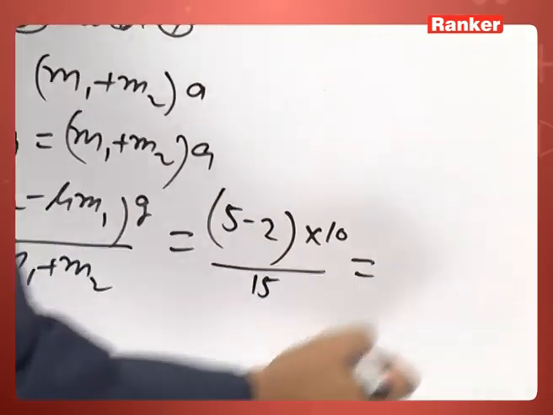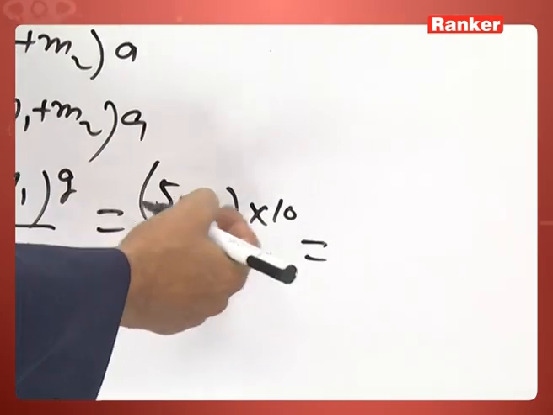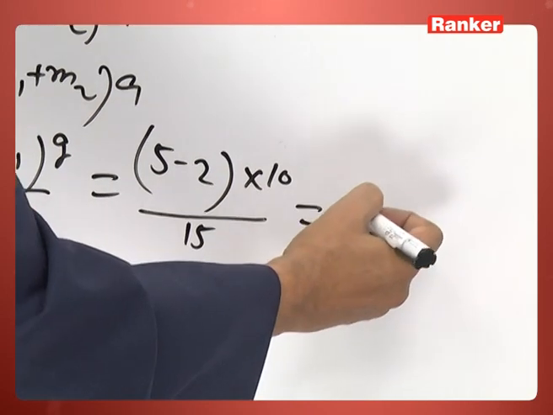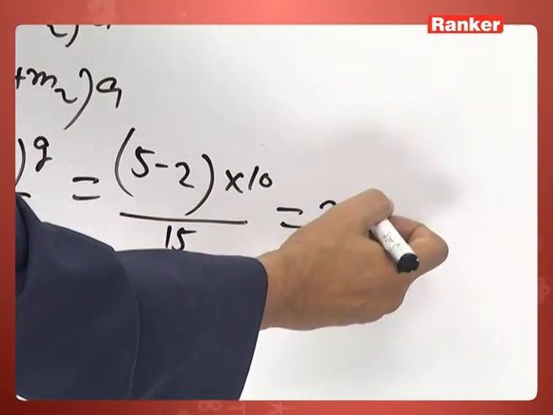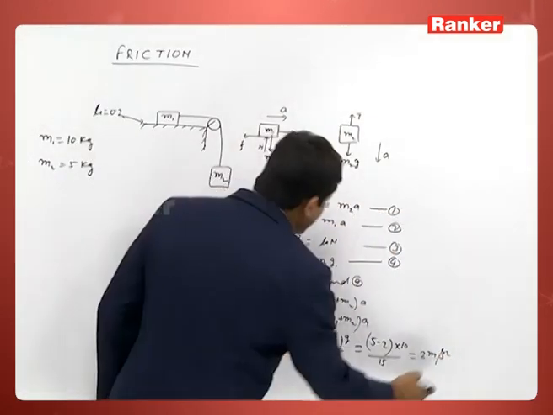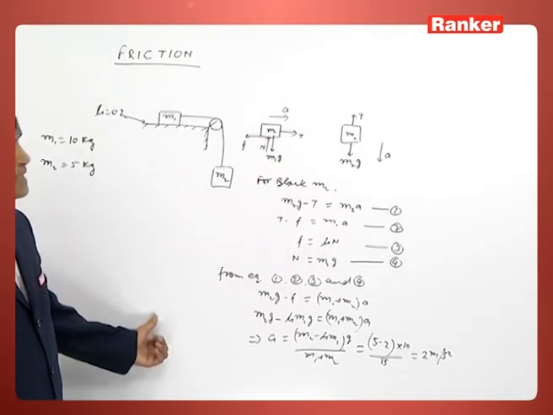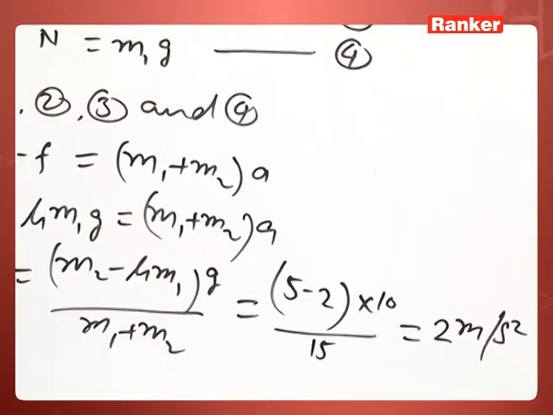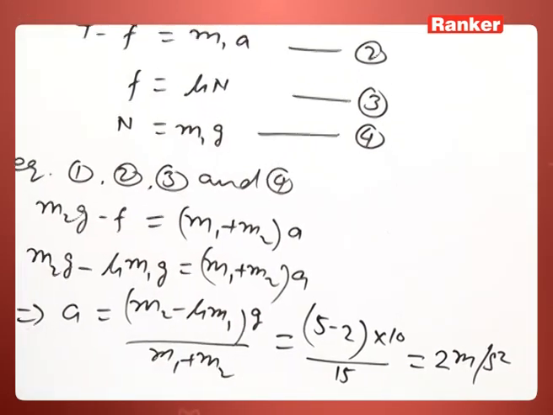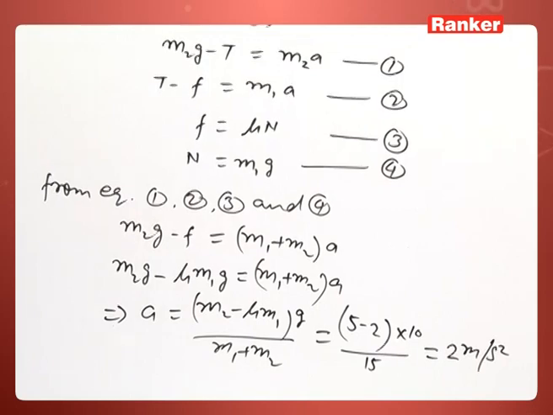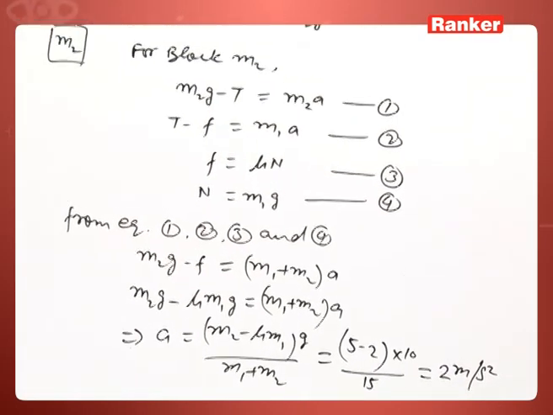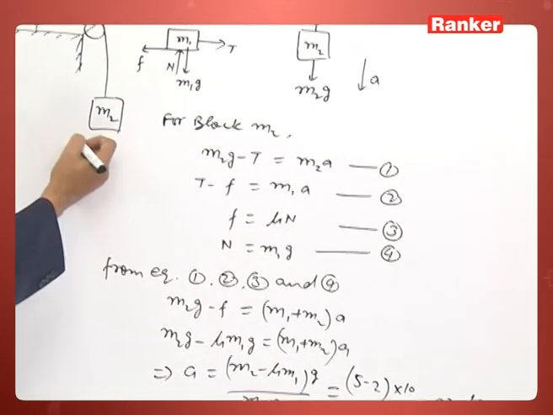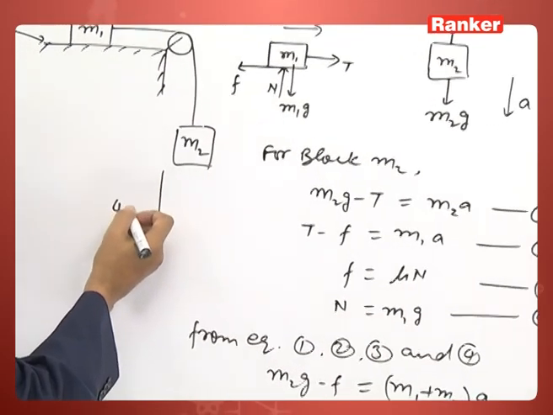So, finally, we are getting 30 by 15, which means 2. So, 2 meter per second square is our acceleration. It means the whole system is moving with acceleration 2 meter per second square, but we have to find the velocity